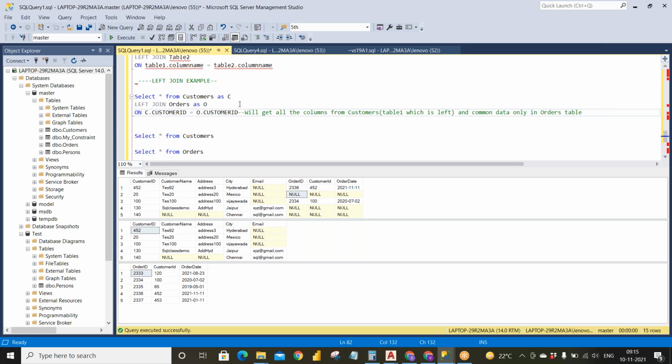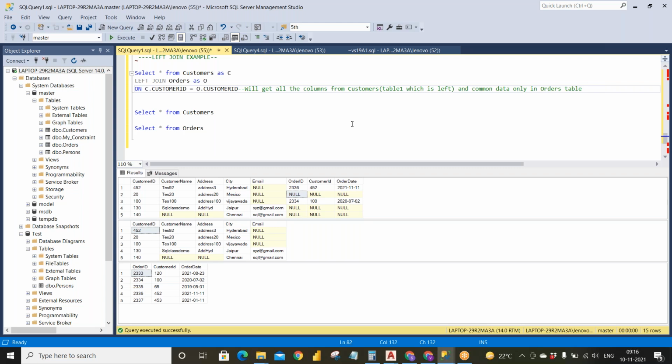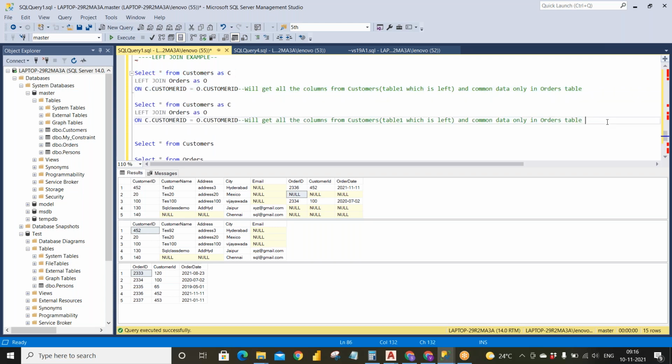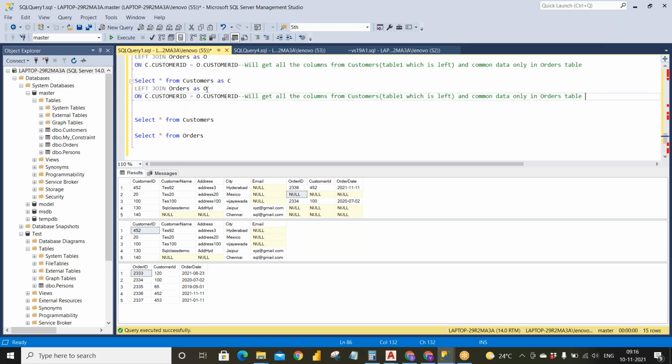Okay. Now, just to clarify your doubt, I know everyone got the point, but just in case, I will tell you what happens if you reverse the order. Now I will give the orders table as the first table and the customers table as the second table.